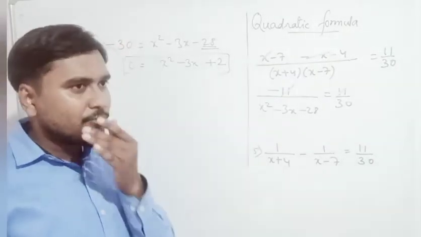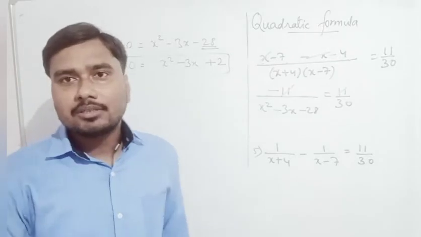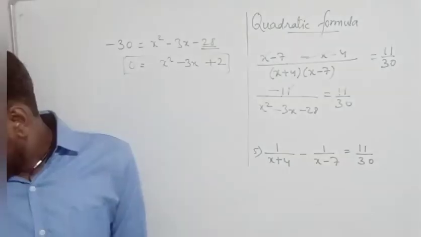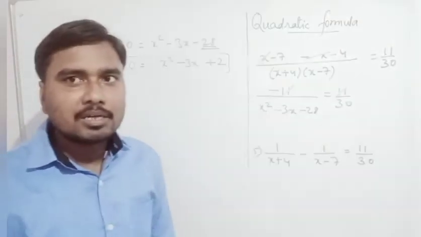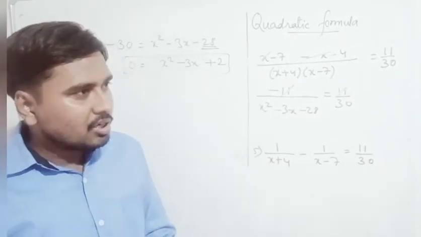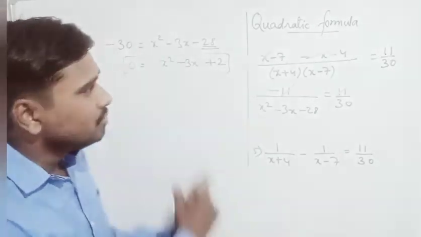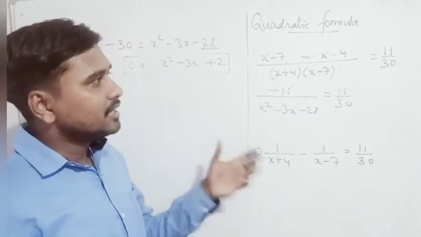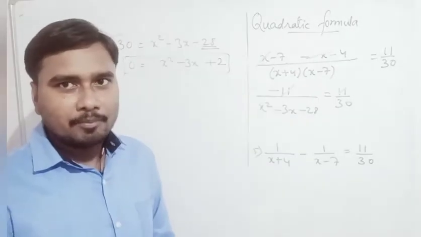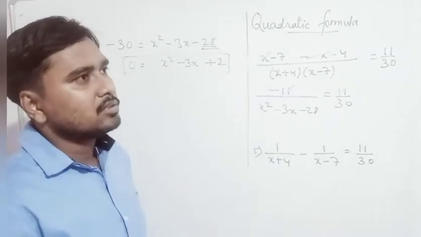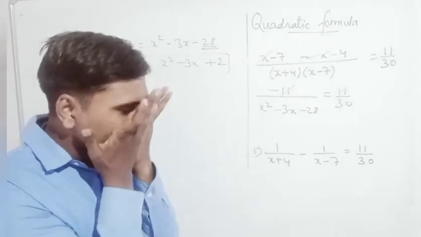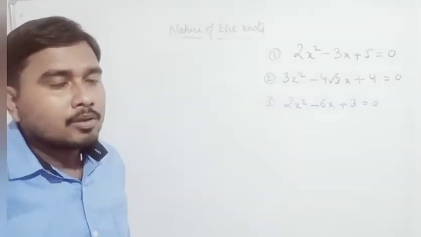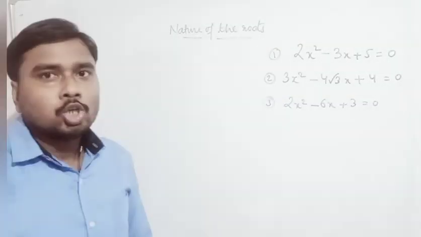First of all, I solved 5 questions from quadratic by factorization, and now these 5 questions by the quadratic formula. So only 2 methods are there. More methods exist, like completing the square, but this is not included in the CBSE syllabus. That's why we will learn by 2 methods only, 2 ways. First is factorization and second is the quadratic formula. Clear? Now I am going to tell you more things regarding the roots. Okay, just note it down and then I will go into it. So, nature of roots.